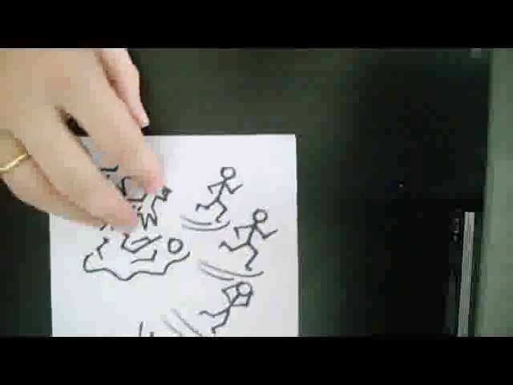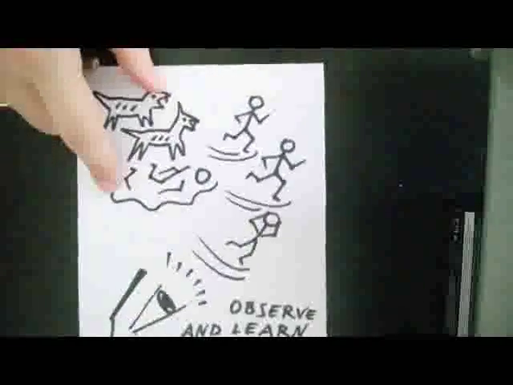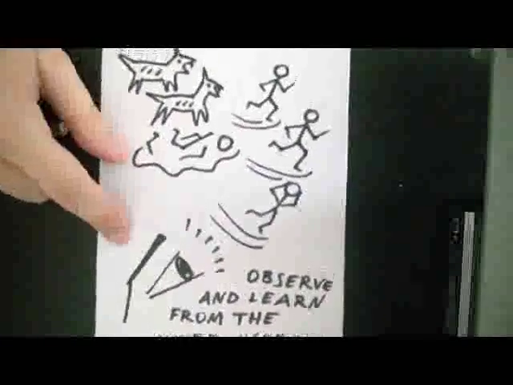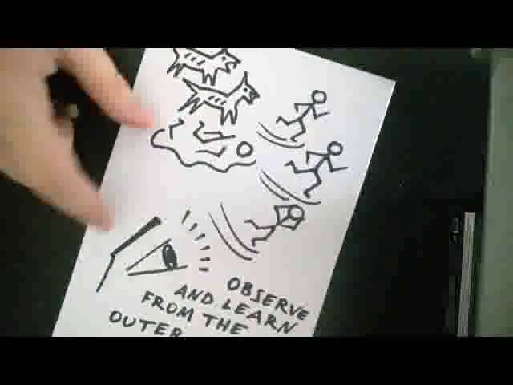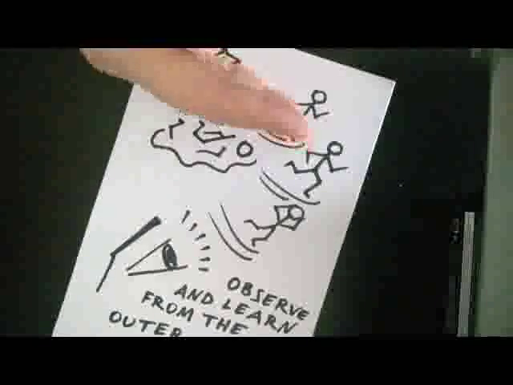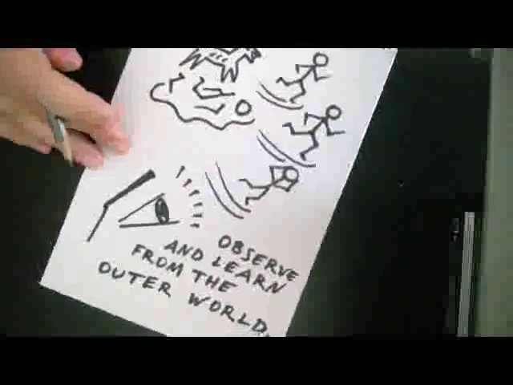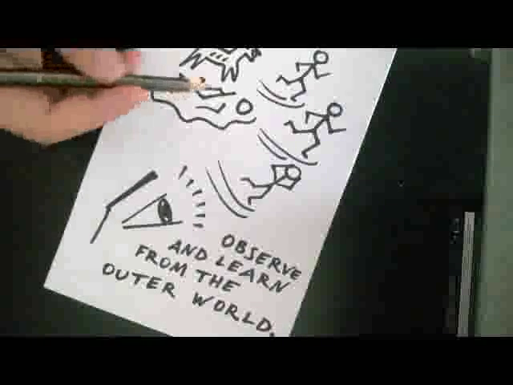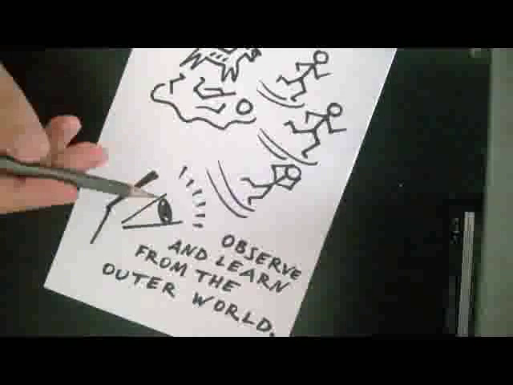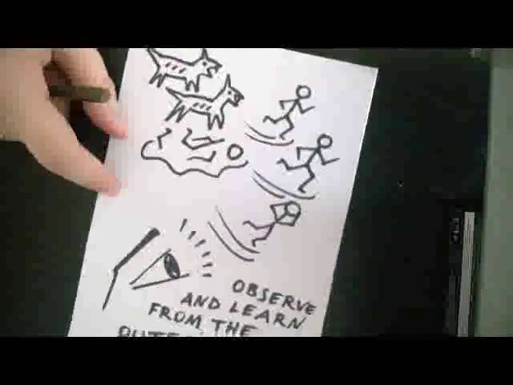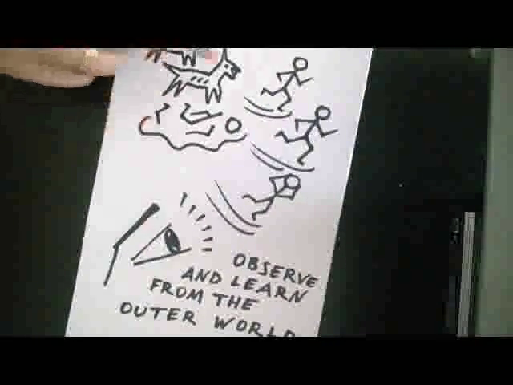The next question is, well, how do you learn even a proper response? How do you know that you should run away from wolves? Well, you are simply going to observe what the outer world does. You see, wolves are chasing people, some of them are less fortunate, and you are going to see that and learn that that is the general behavior. You see that people run away from wolves, and that is exactly what you are going to do.